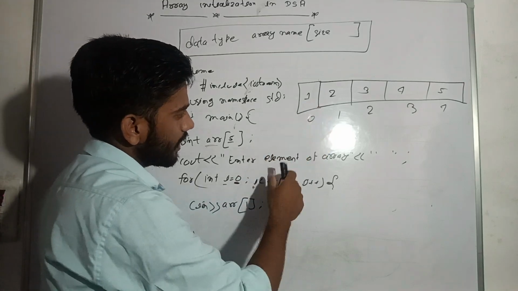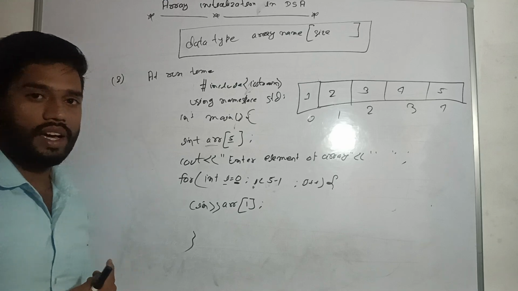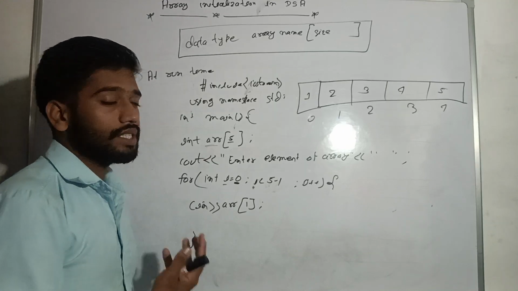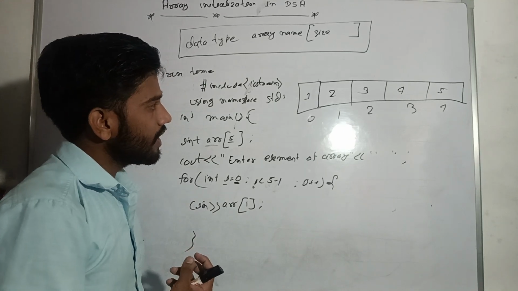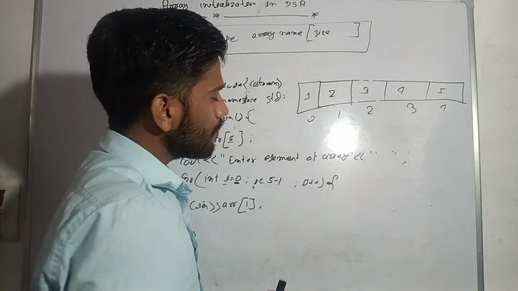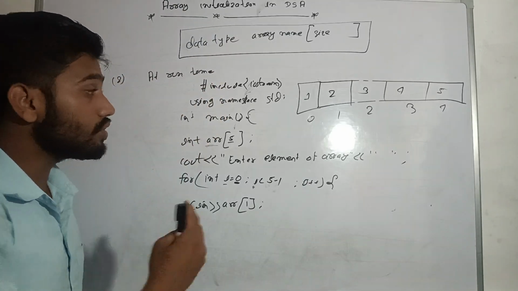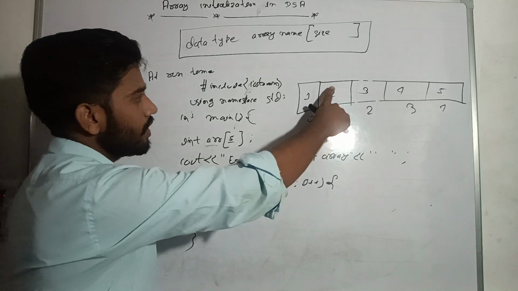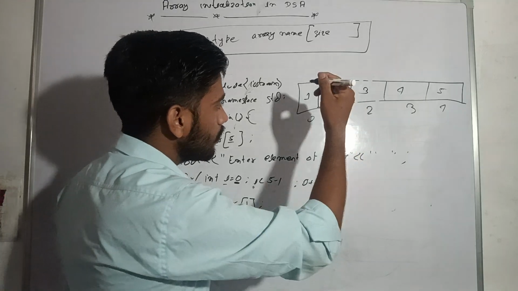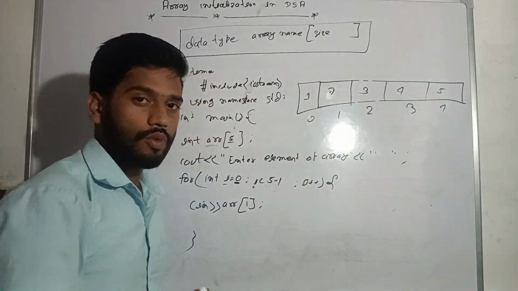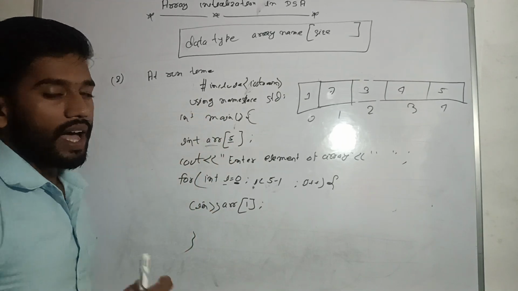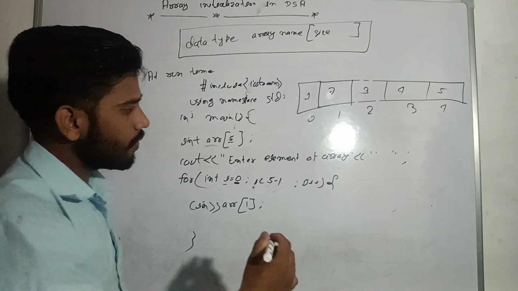When the array has been initialized at runtime, at that time we can't change anything in the array, although there are operations on arrays like insertion, deletion and searching. In deletion operations we can delete any number, but if we want to change at runtime, that here should be 2, and oh, it's so wrong, I have to make it 7. That will not be possible at runtime, because at runtime the array is allocated in memory statically.